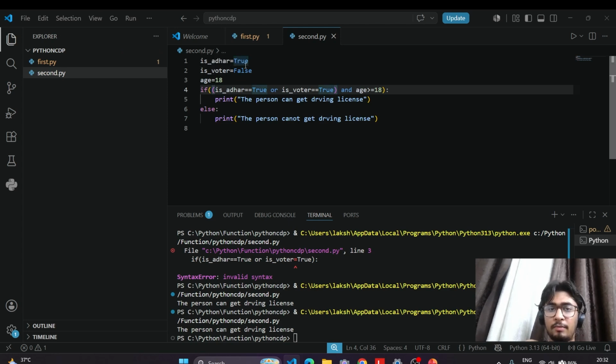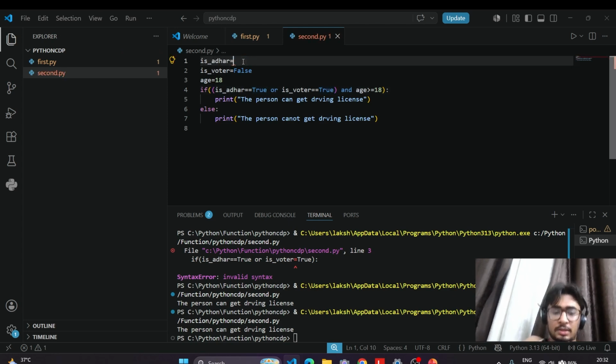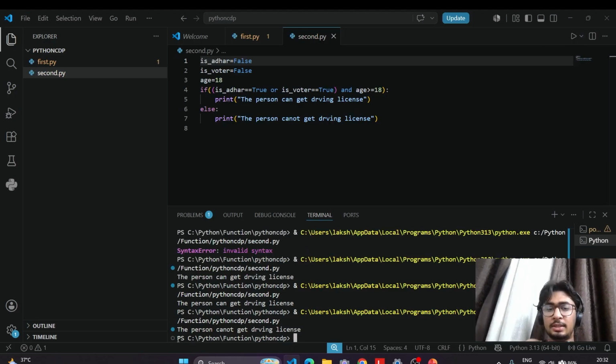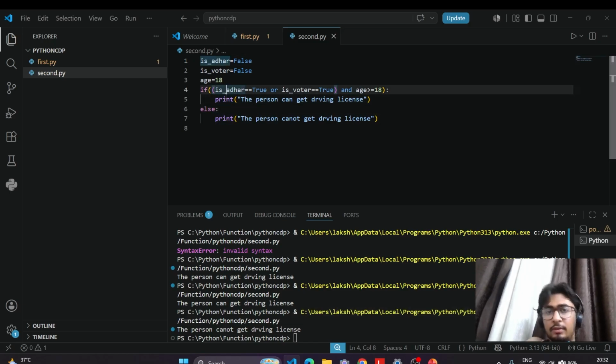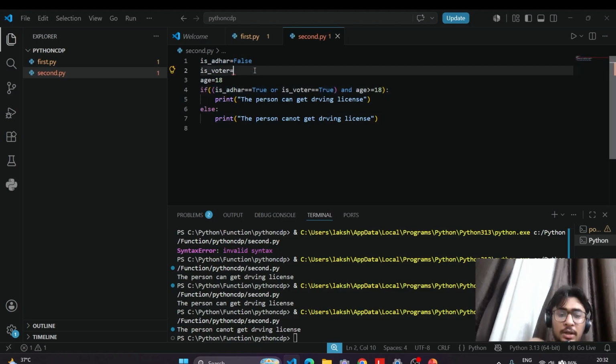Okay, what if I will write false here? If I will write false here, so this part will not be executed. See, the person cannot get driving license because I am not able to fulfill the criteria for Aadhaar card or voter card. If I am not having both, so the condition will become false and if part will not be executed. Okay, so is Aadhaar equal to true? If I am having voter card,